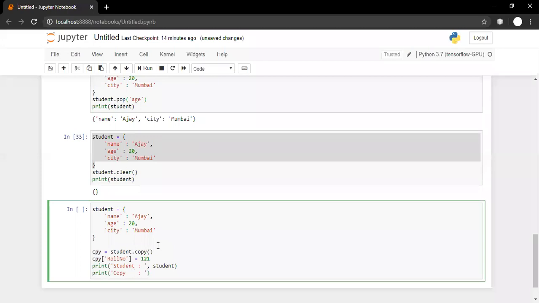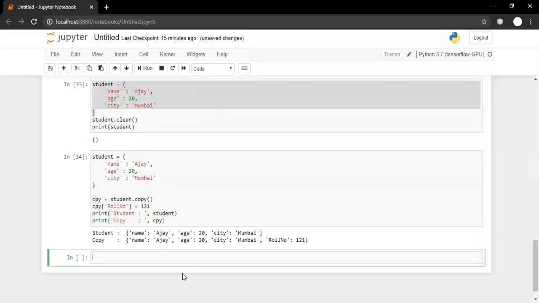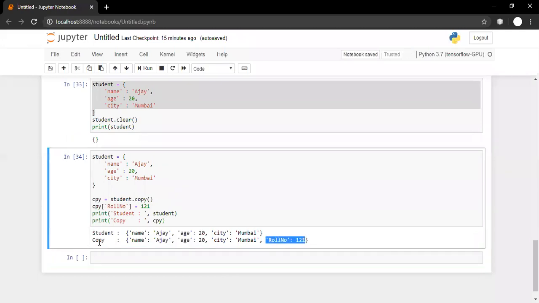As you can observe, the copy is not the same as the original dictionary. We have created a copy in a cpy object, and then we have added a roll number field to it. Now if we check, this roll number field is only in the copy, but it is not available in the original student dictionary. Means what?